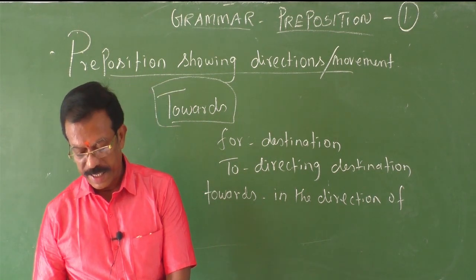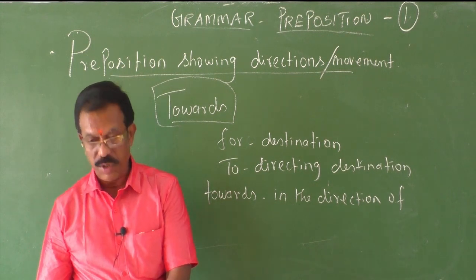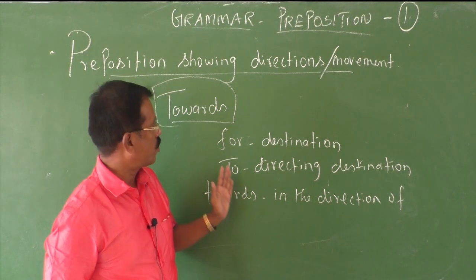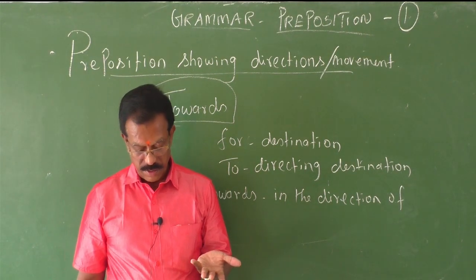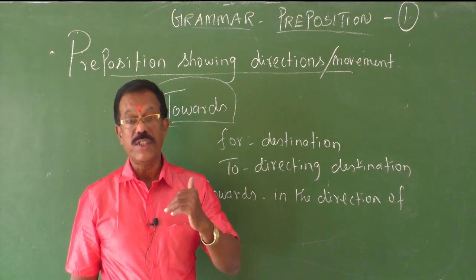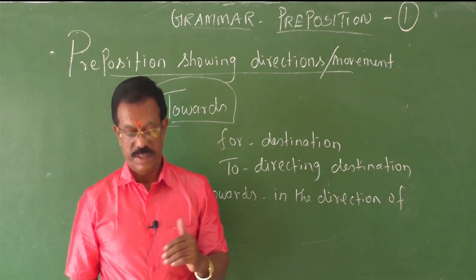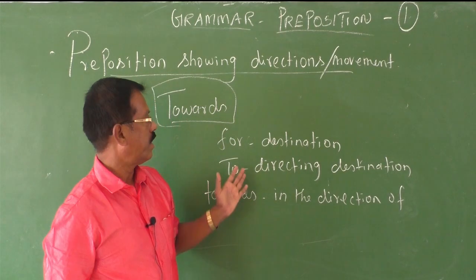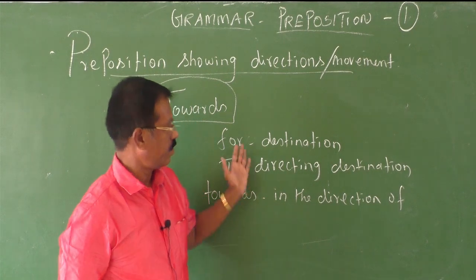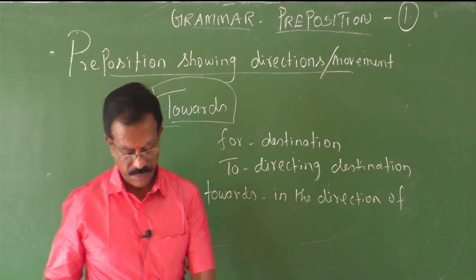To make it clear, I will give you some sentences from your grammar book; it will help you understand this concept easily. We went to school. We reached the school. What does it mean? We went towards the school. It means in the direction of school. Okay, so the difference is there. When you want to refer to towards something, you can use these three prepositions. Okay, next.